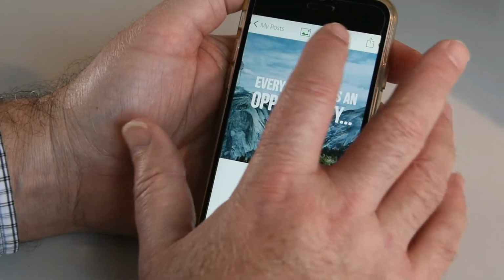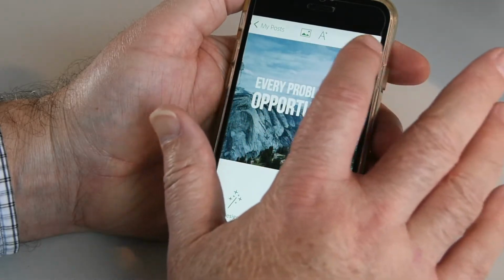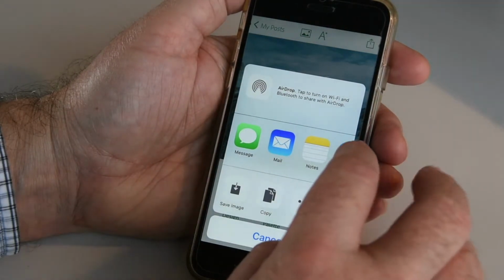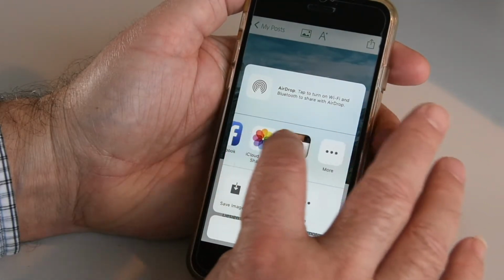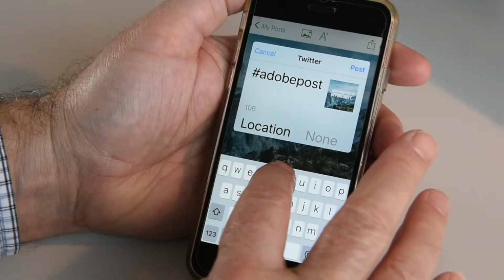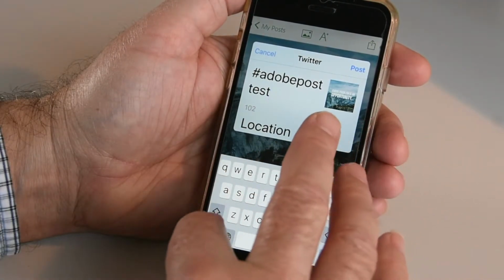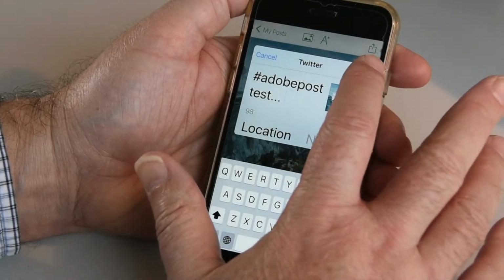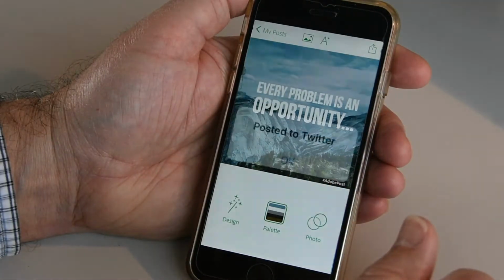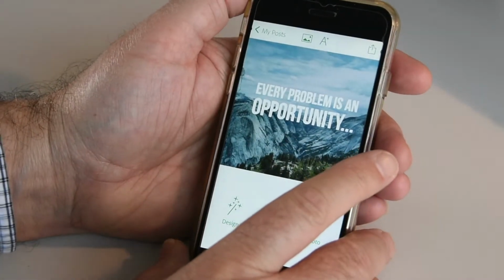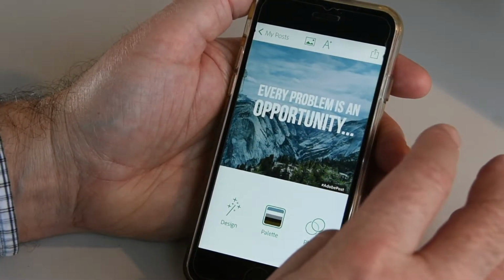Well, you see up here you have some other options, and here you have one obviously to upload. And we can say, let's tweet this out. And we'll just click post. Post it on Twitter. All right, this is probably on one of my personal accounts, but anyway, you get the idea.